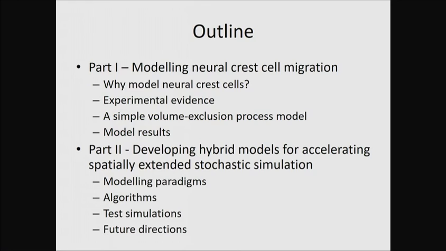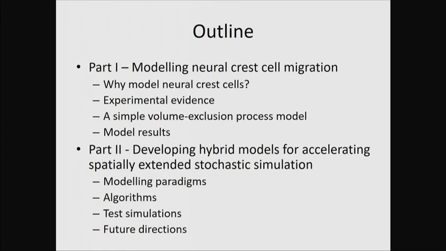And I'll show you how a really simple, straightforward mathematical model, one of the most simple ones you could write down, can actually be quite useful for generating some biological insights and answering some biological questions which are perhaps less accessible to experiments. And then I'll show you some of the results from the model. And the first part will then act as a sort of motivation for the second part,